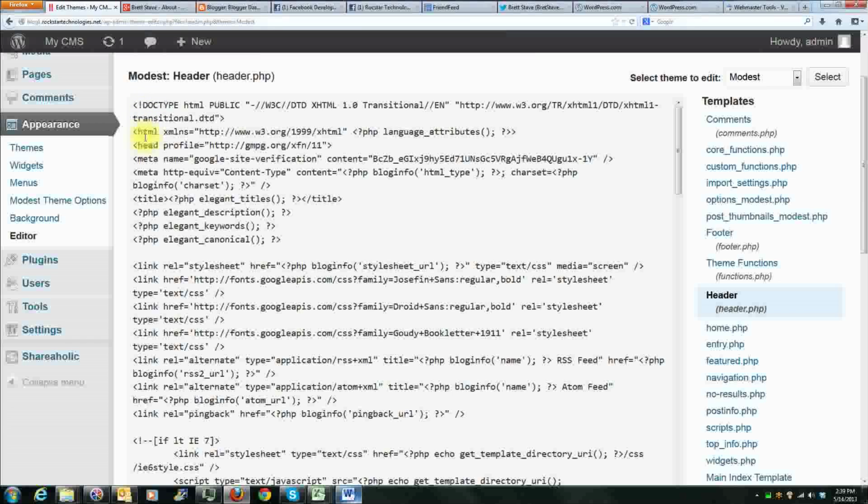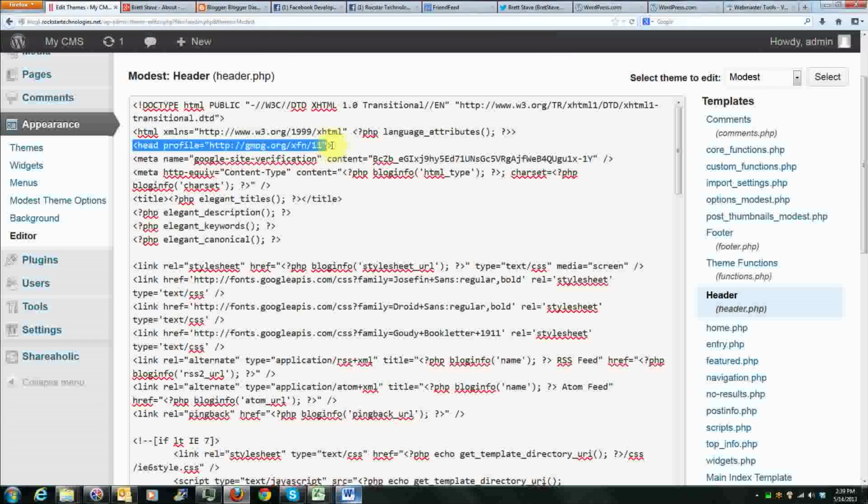You need to look through and find exactly this portion right here where it says head. It may or may not have this on your website. It may look like this. It might just say head and nothing else afterwards, but in my website's case I have this information in here which is irrelevant to you guys, but you need to make sure you find the beginning of this head tag. So this little greater than sign, the word head, and right here where that has a less than sign,